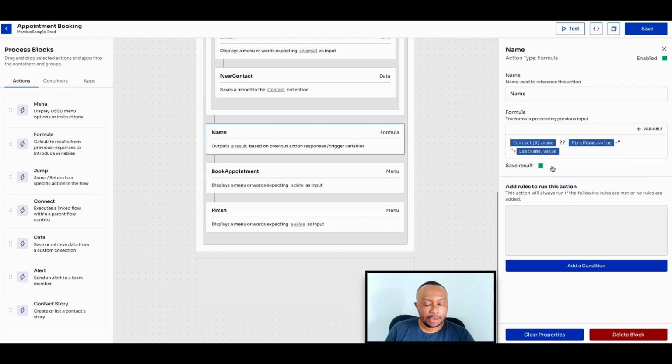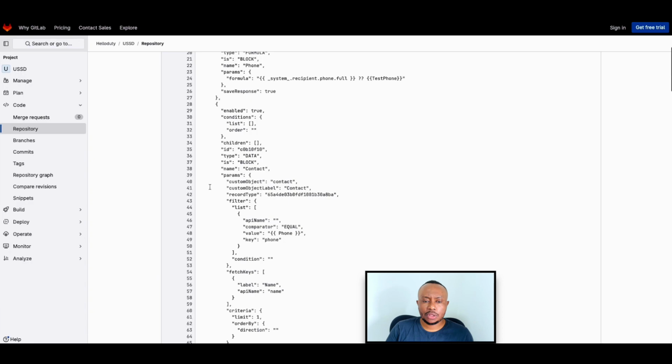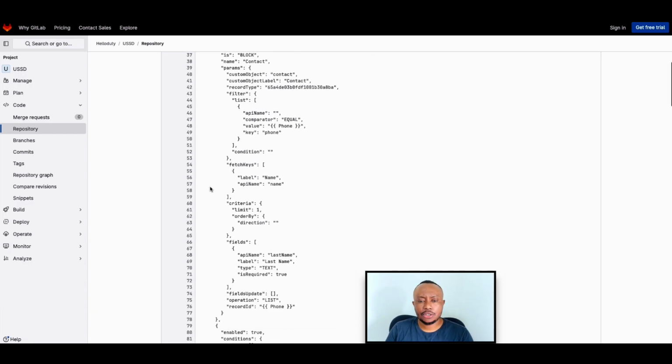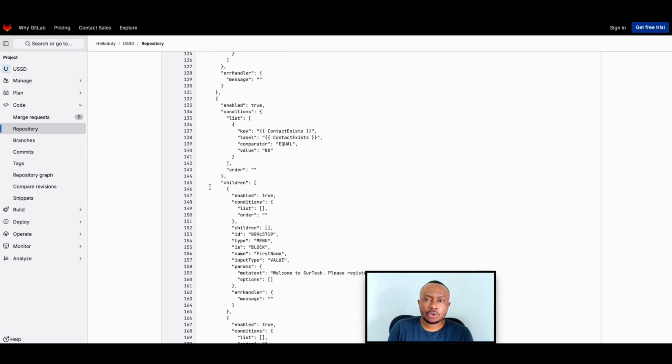So in today's episode, I'm going to be showing you how to quickly take a sample from our GitHub repo. We have a GitHub repo, so this is for USSD. And we copied all this execution that you just saw there. It exists as a JSON like this. And we can copy all this JSON, this whole JSON, and paste it in another flow and instantly create a